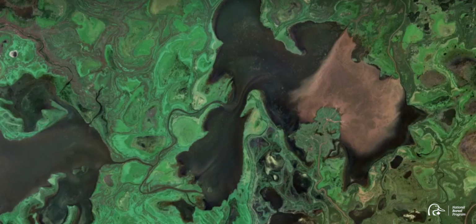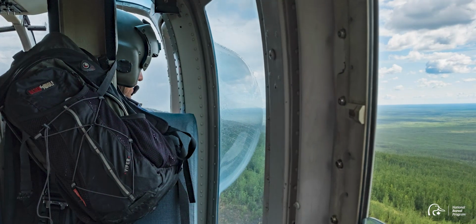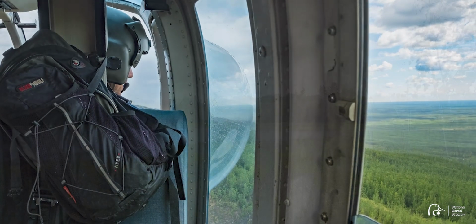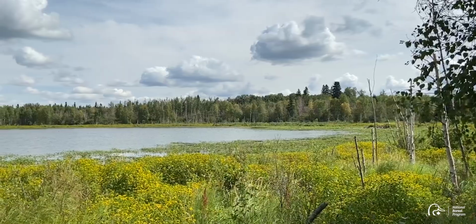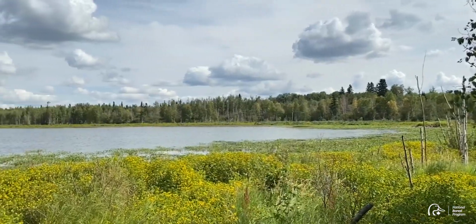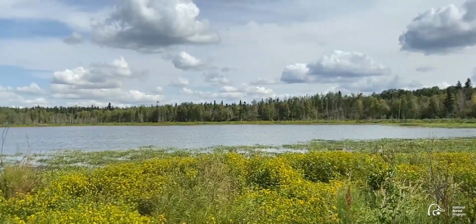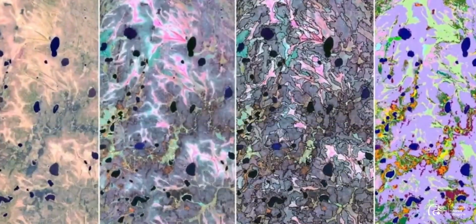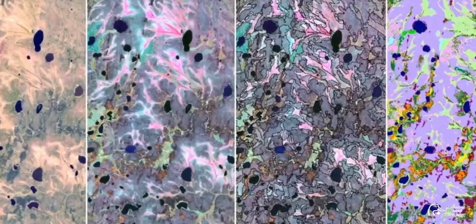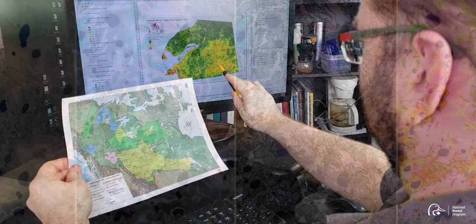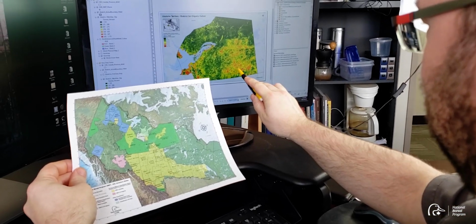Mapping plays a critical role in conservation. Understanding where boreal wetlands are found, along with useful, timely, and consistent information about their characteristics, is key to managing and protecting them. The detailed, spatially explicit information in Ducks Unlimited Canada's wetland maps is invaluable to many boreal applications,